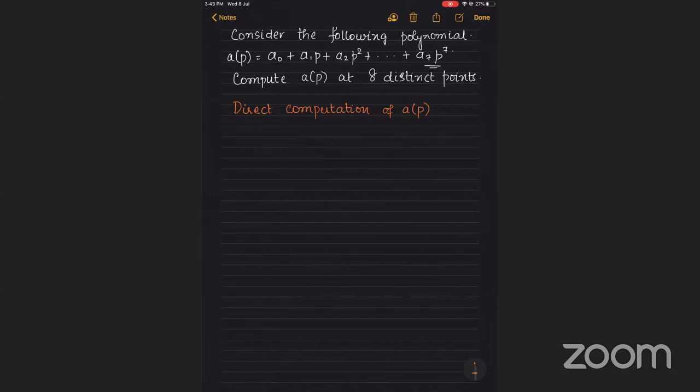I take A naught, and I'll do it in a signal flow graph theoretic way. I'll just show you that. A naught has to be added with A1 into P. Then what happens? This has to be added with